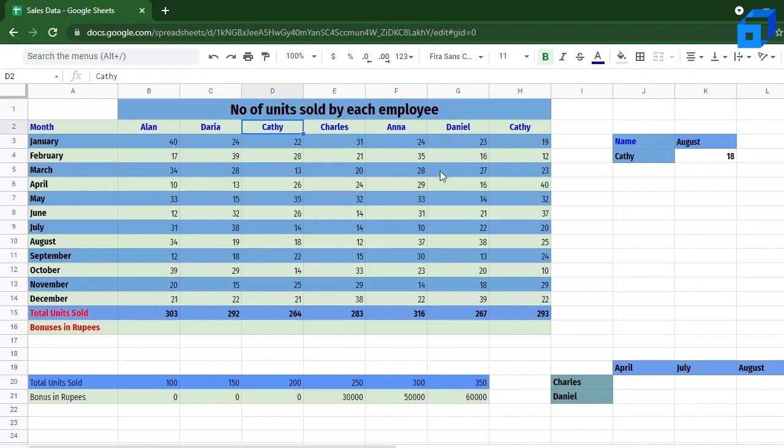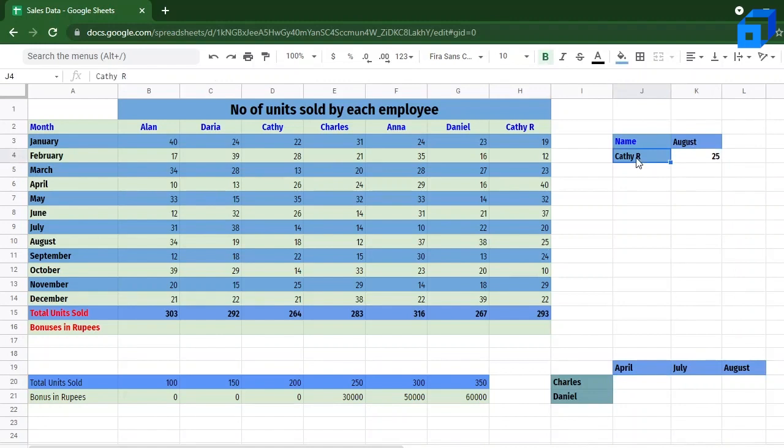So what if we want to get the value of this other Kathy? That can be done by using an extra character, like say the initial of Kathy too. So that's R maybe. And here you can give it as Kathy R. Now, if you want to change the value over here, instead of Kathy, give it as Kathy R in the string. Now, as you can see, the number of units sold by Kathy R in the month of August is 25, which is over here.